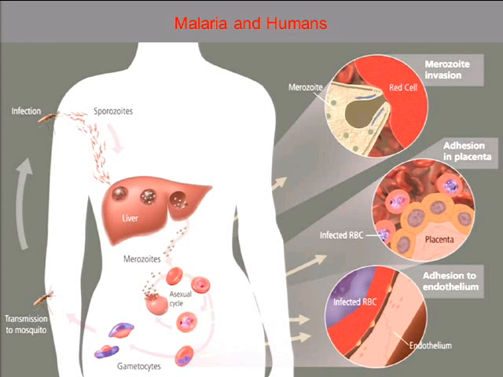Where did I say the hallmark symptom was? Cyclical fever that occurs every 2 to 3 days. So yes, Robbie, you do get an immune response. That immune response is to increase the body temperature in response to the cyclical shedding of these from the red blood cells. So the shedding of merozoites from the red blood cells every 2 to 3 days. You guys with me?